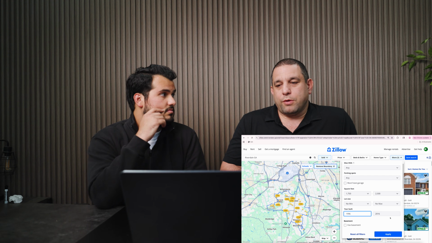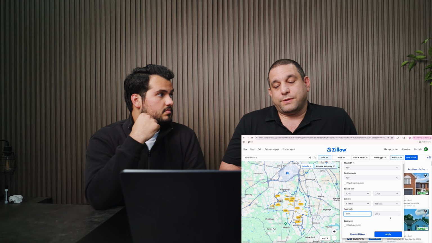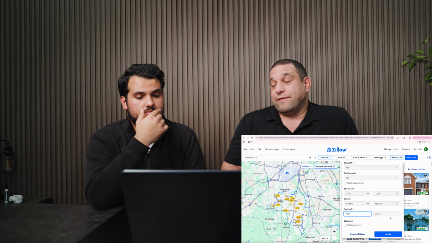But to be a little bit more precise, when you start getting to homes that are built in the 2000s, I really think 5 years is a lot. So on a 2006 house, you could start at 10 years, 2016, but 5 years is actually okay to do on newer homes. Once you get to older homes, 1950s, whatever, you could go down a lot more. But if you want to get even more comps and be on the safe side, you could go down 20 years older and 10 years newer, and that gives you a little bit more homes to look at, and you're on the safer side because the older the home, the cheaper it's usually going to be.